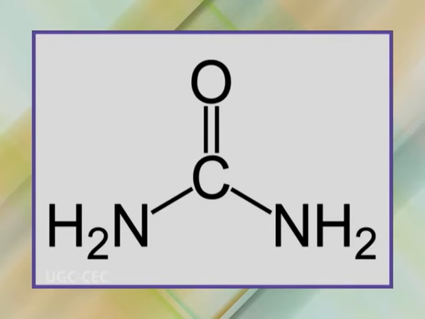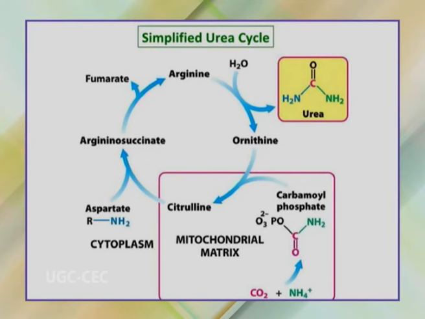Now the serum urea. Urea is the end product of protein catabolism. The urea is produced from the amino group of the amino acids and is produced in the liver by means of the urea cycle, which is also called the ornithine cycle. Urea undergoes filtration at the glomerulus as well as secretion and reabsorption at the tubular level. The rise in the level of serum urea is generally seen as a marker of renal dysfunction, especially glomerular dysfunction.